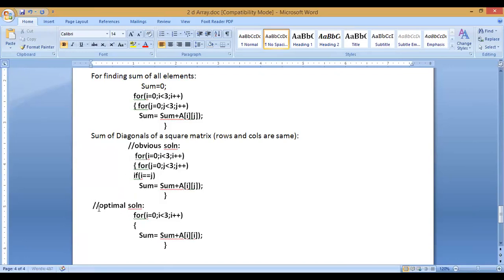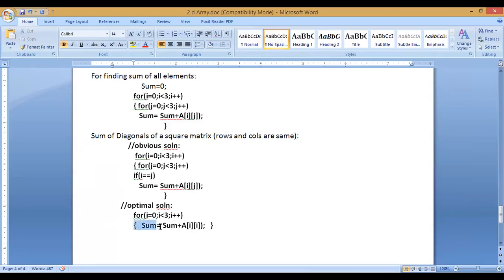So the optimal solution is always demanded. Whenever you have made any kind of program, you should try to optimize it in this way. If you are using nesting of loops, suppose 3 loops, one loop inside another loop, and then again inside the outer loop another loop, then nesting of loops should be reduced as far as possible. Then your code will be preferred in competitive programming and all these things. Is everybody getting that point?